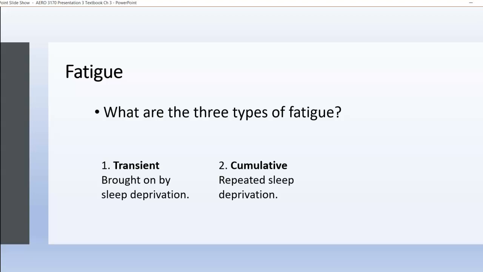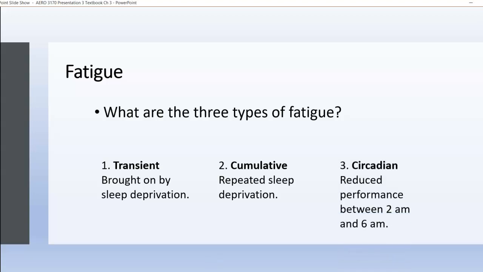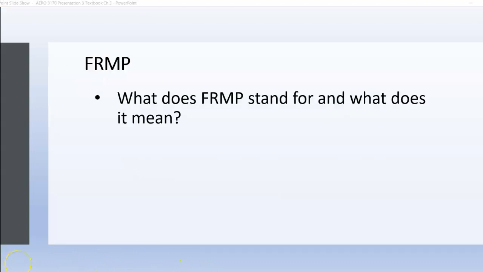Cumulative fatigue is repeated sleep deprivation. And then circadian fatigue is reduced performance between the hours of 2 a.m. and 6 a.m. One of the things that the Federal Aviation Regulation Part 117 requires of all passenger airlines, Part